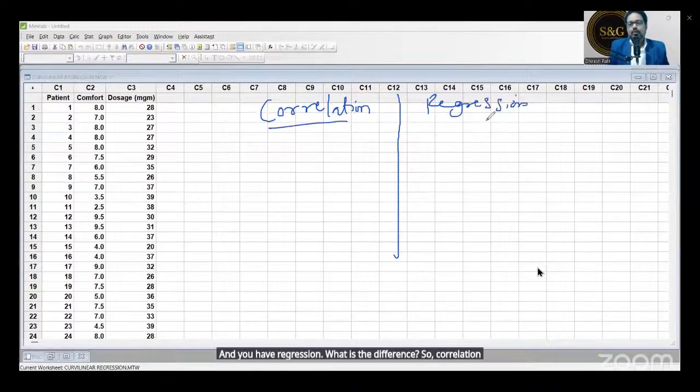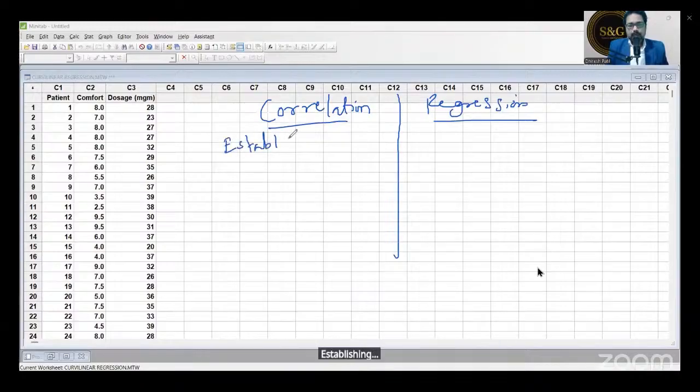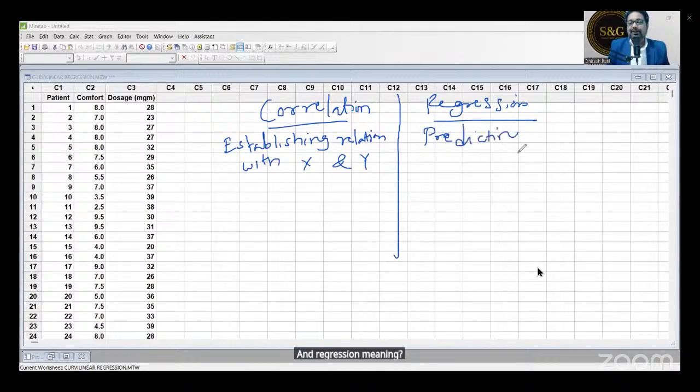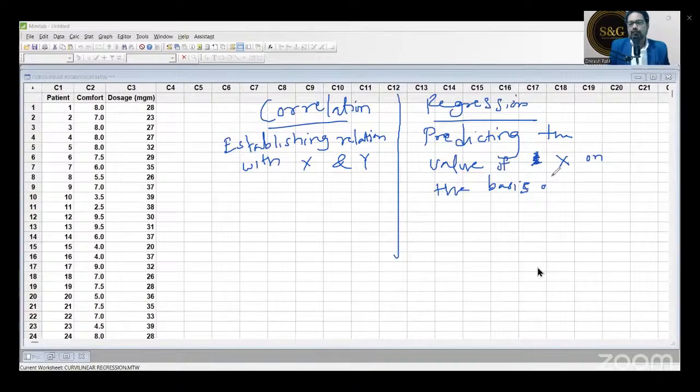So correlation meaning establishing relation with X and Y, and regression meaning predicting the value of one, or you can say predicting the value of X on the basis of Y and vice versa. So what is correlation? Establishing relationship between X and Y.